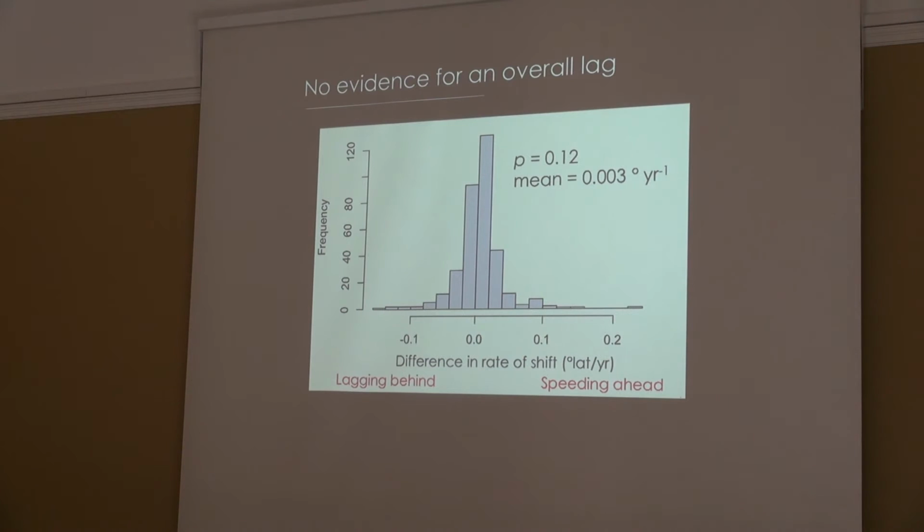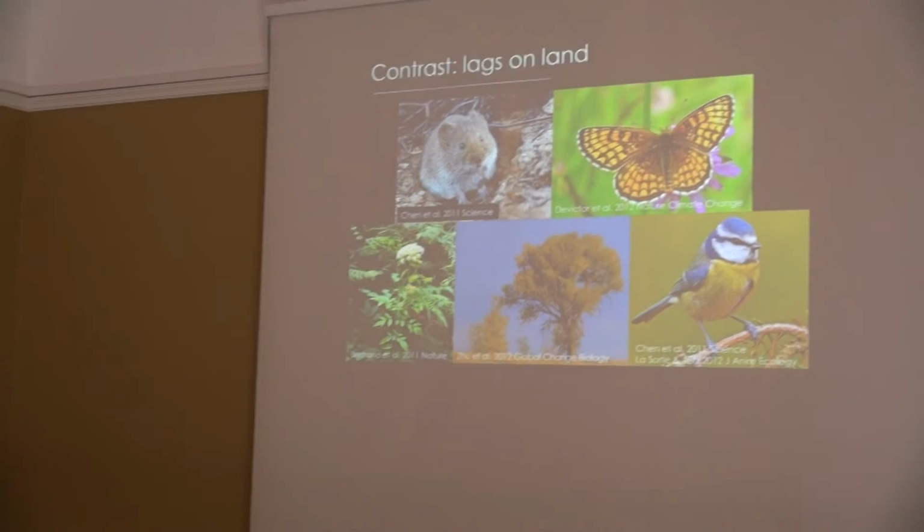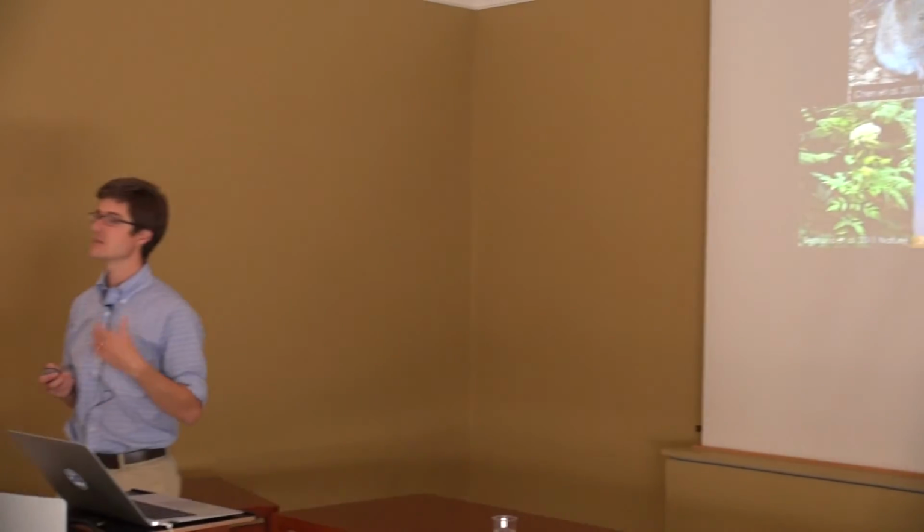But even this finding right here is interesting, especially in how it compares to what we see on land, because across a wide range of different kinds of taxa, from butterflies to birds to small mammals to trees and plants, it seems like many species on land are not keeping up with climate velocities, especially in places where climate velocities are especially rapid. And there may be many reasons for that. One, there are many fewer barriers to dispersal in the ocean. I mentioned earlier, dispersal is relatively more easy in the ocean as well.